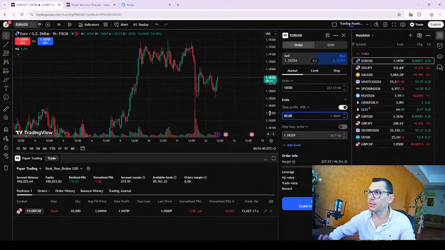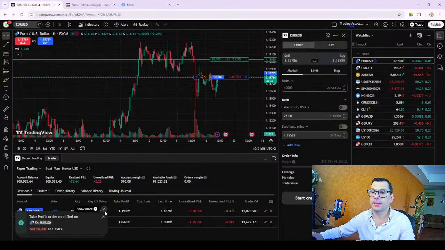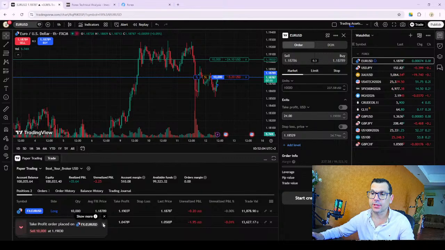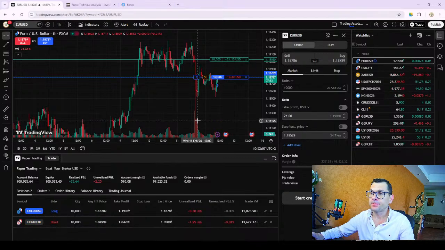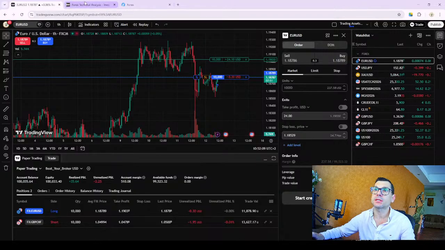Now I'm going to put again $23.24, let me round it up, as a 10% return on this trade. Okay, and then I'm just going to go simply to buy it. So my trade will go live. And like I said before, it will close by itself when my 10% return is delivered. Okay, so now this is the second trade that we opened based on that signal. Now let's see something else.